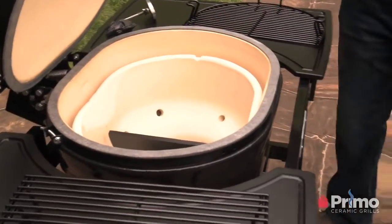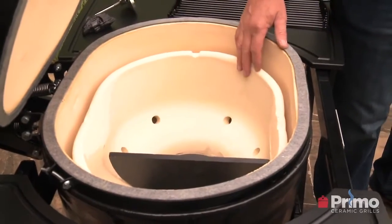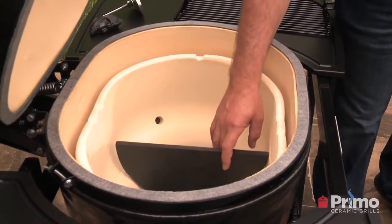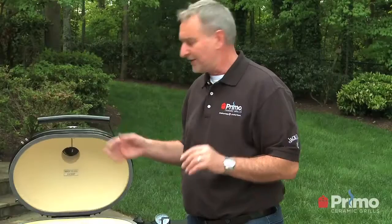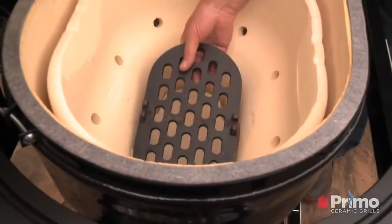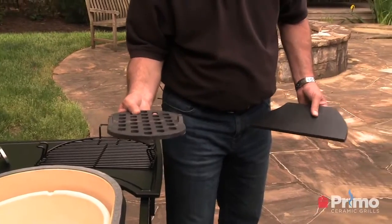Now your first component, the thing that really protects the base for high heat and what holds the charcoal, is the firebox. We do have an accessory called a firebox divider. That's going to allow for two-zone cooking, and we're going to find out more about that later in the series. Below that is the charcoal grate, and I'm going to go ahead and take these out because we want to make sure that you see what it is. This is where the charcoal is lit,